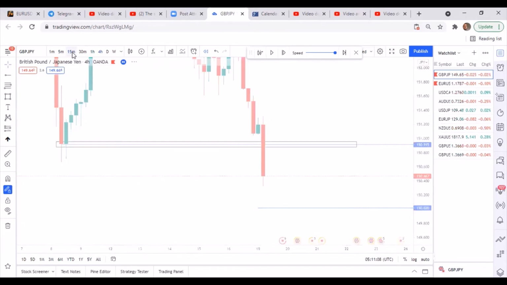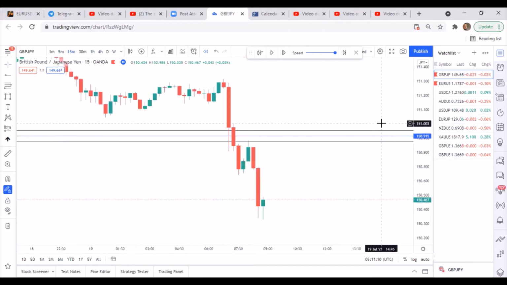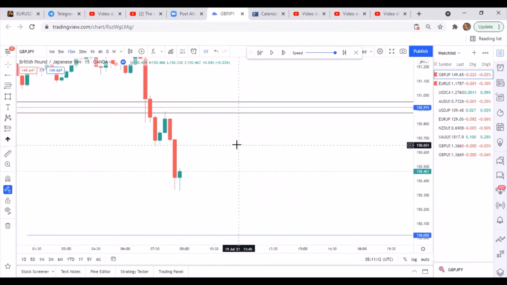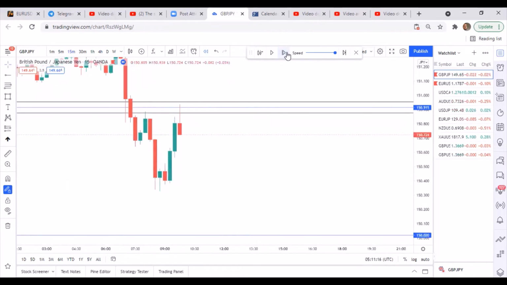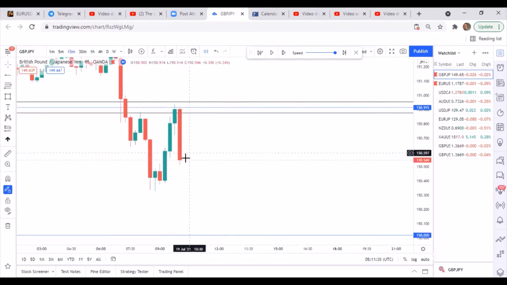Looking on the 15 minutes, you can see price has already interacted with that level. So I'll be waiting for an engulf of this bullish candle. That will be where I'll take my entries. And boom, engulf. Looking at this strong engulf,